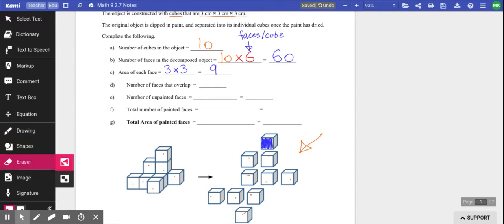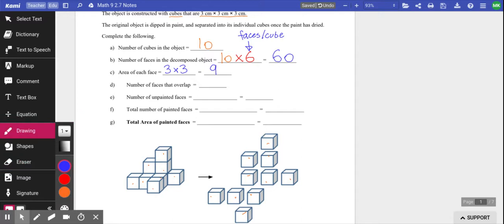Awesome. The next thing we want to talk about is the number of overlapping faces. So that's faces that we actually wouldn't see anymore. And we did this exact shape last week, I think on the Friday before the weekend or the Thursday before the weekend. So we've already seen this shape. Overlap is like where the 2 shapes come together, where the 2 squares connect. If we look, for instance, right here,